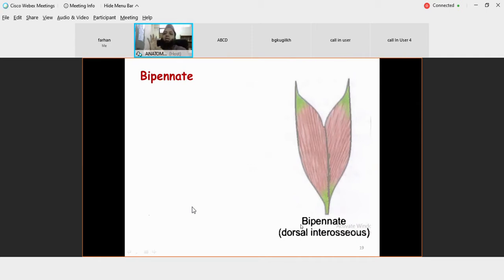Interossei means between the bones. The bones are there. They are called as metacarpals in this region. Between the metacarpals the muscles are there. They are called as interossei. Then moving on,